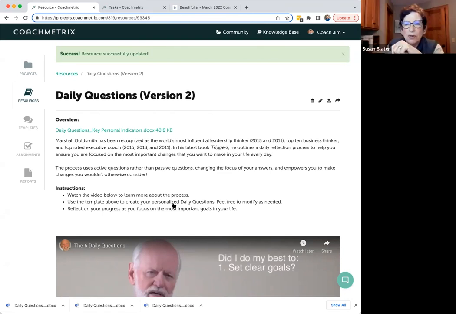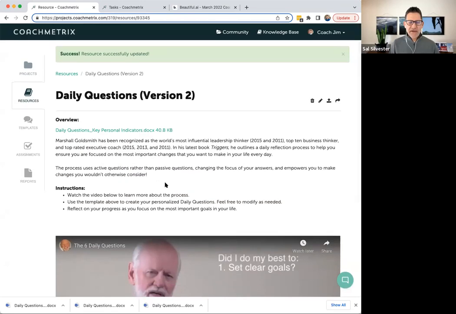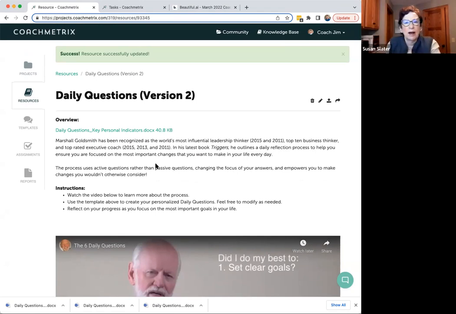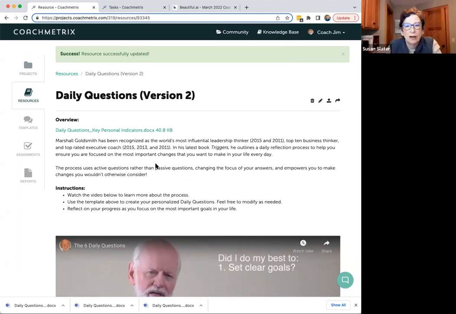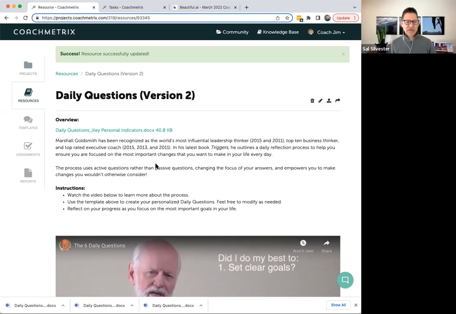I'm having a problem dragging and dropping it for whatever reason. Yeah, first I was too, Susan. We'll have to look into that. Drag and drop it to the top of the resource instead of the bottom of the resource. I mean, I can't even get it to move out of the chat box. Oh, you'll have to download it first from the chat box. Oh, got it. Okay, got it. That makes sense. Yeah, you'll have to download it first and then drag and drop it from your laptop into the resource. Okay, there it goes.